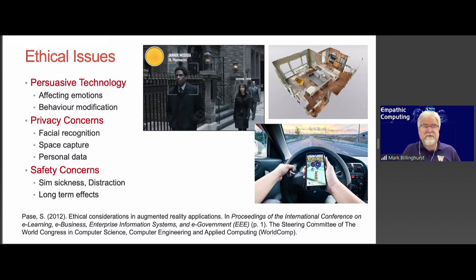There are also obviously privacy concerns. If I can capture people's spaces and share them, then what's to stop me capturing your living room and sharing it with people that might want to rob you later and steal the brand new TV you've got, or doing face recognition and recording your physiological cues along with your face. And then there are some safety concerns. What's the long-term impact of having an AR or VR display on your head, or having characters that try to distract you from the real world, or the long-term effects of using systems that modify or measure your emotions. So there's a very large amount of ethical and social relations work which needs to be done.